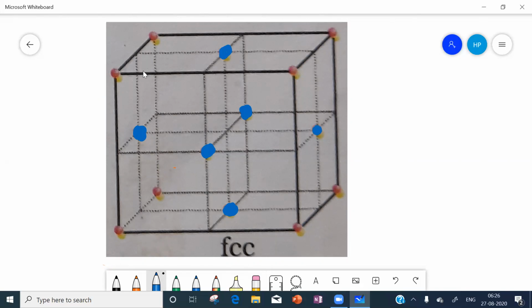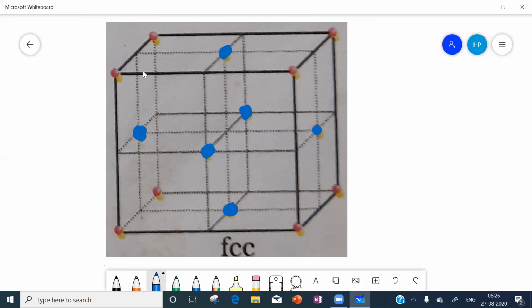So how many face centers have we considered? This is the first face center, top face center. Right side face center, left side face center, bottom face center, front face center, back face center. 6 face centers we considered.